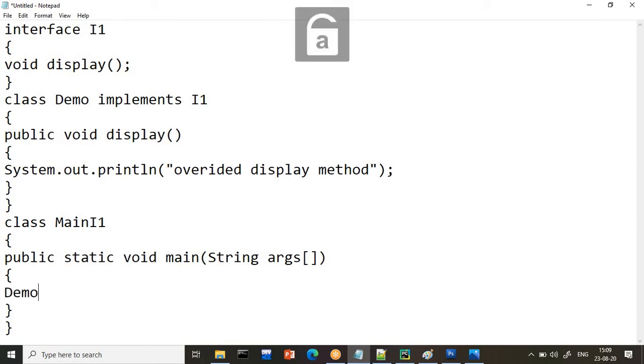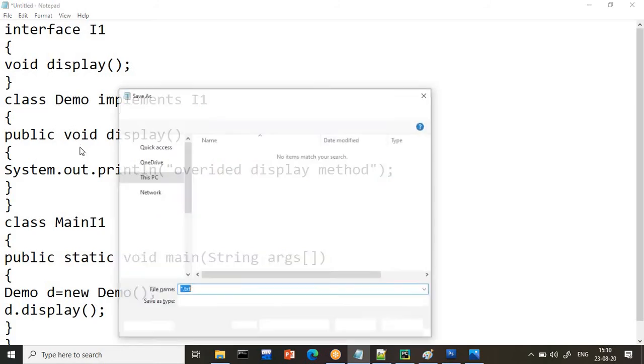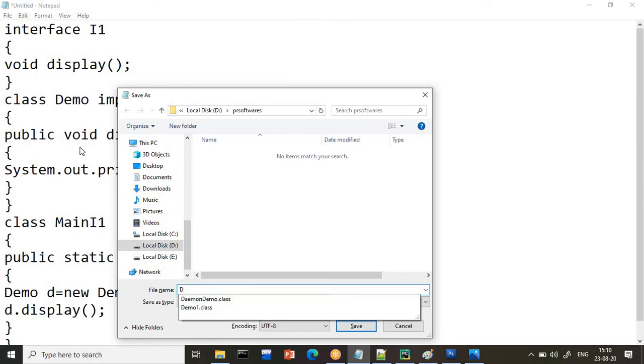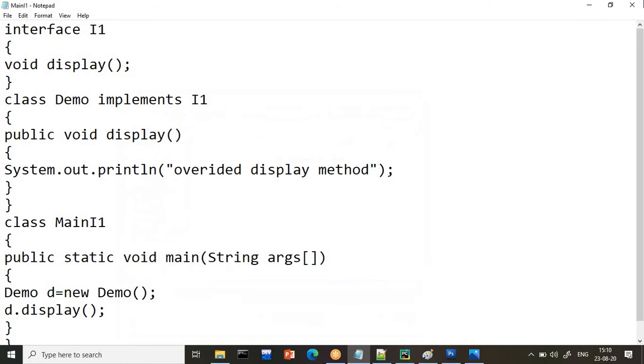So I will write Demo d = new Demo(), and then d.display(). If I am taking the interface, I have to write the Demo class. First we will see this one, and then I will tell you why lambda is very important in real time. The file name is MainI1.java. I will save it and go to the command prompt.